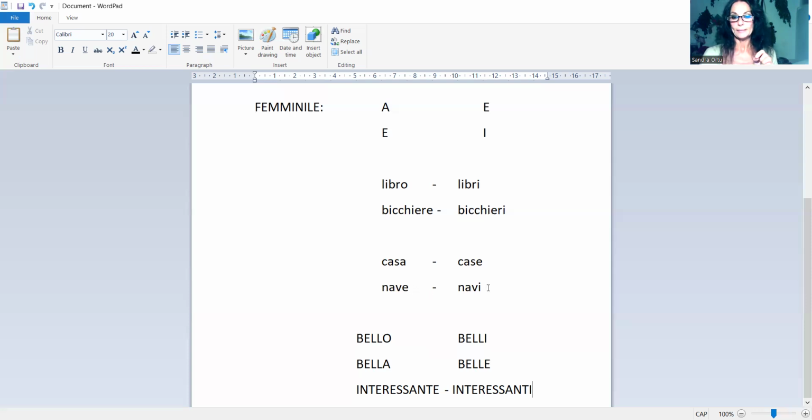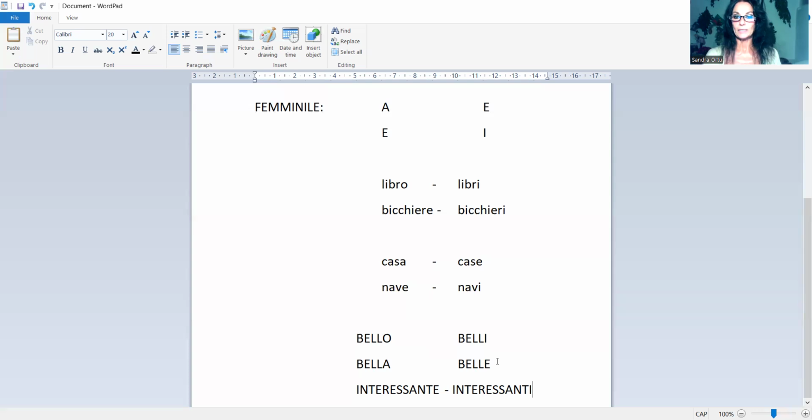So plural will become i, but we know it is a feminine noun. If we want to say beautiful ships, beautiful boats, we have to choose the feminine plural adjective, which is belle, navi belle. So they don't match aesthetically, but they match grammatically.